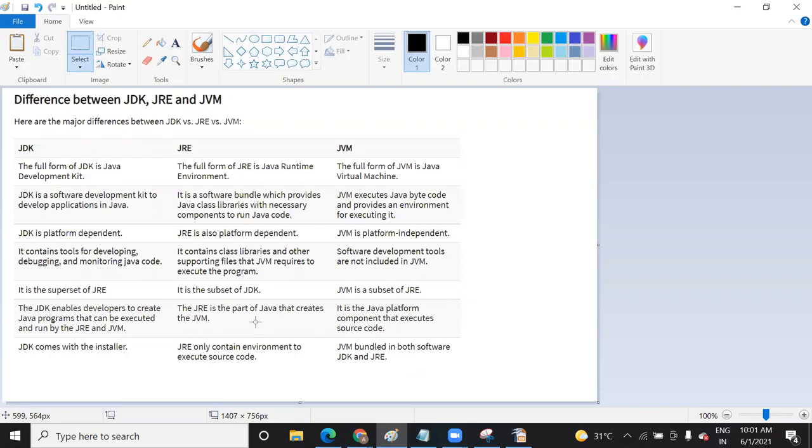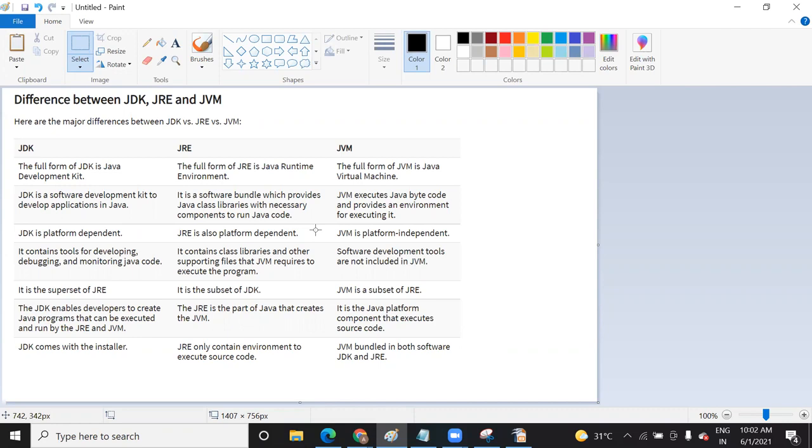So actually, this JDK, JRE, and JVM, are they used to execute a code? Okay, and you can see on my screen, right? I have just pasted this image to point out the differences between all those three: JDK, JRE, and JVM. JDK is actually a development kit which has an installer to run your program. And JVM or JRE, sorry, they will provide you the environment to run your program. They will create an environment.